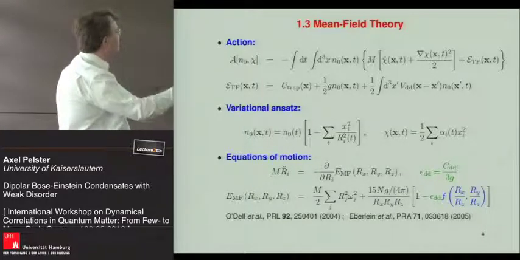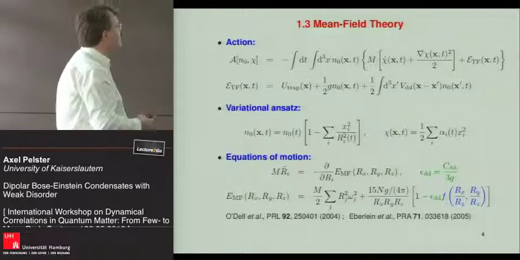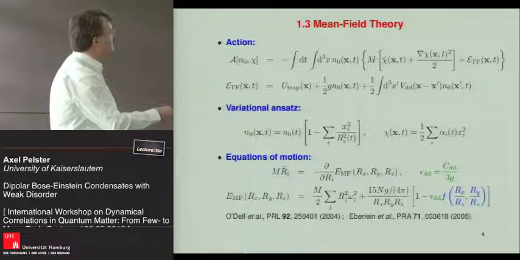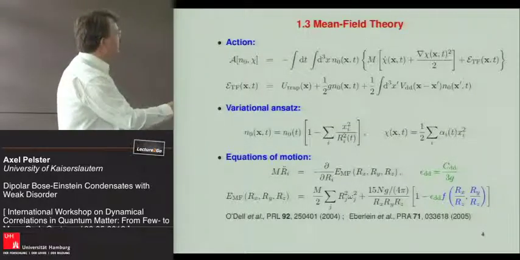Plugging this variational ansatz into this Gross-Pitaevskii action and optimizing with respect to these variational parameters finally leads to effective equations of motion which have a classical